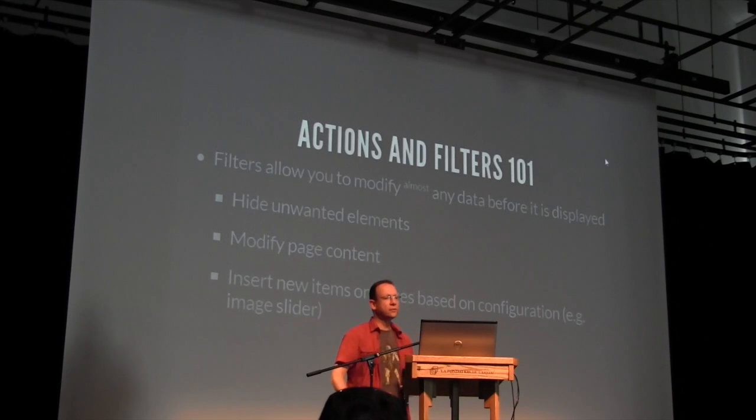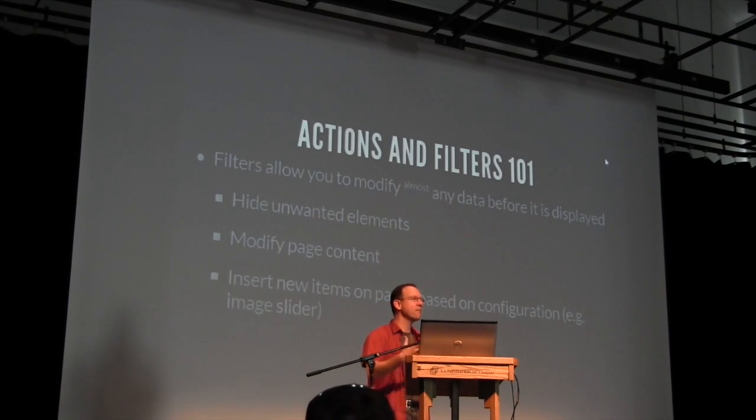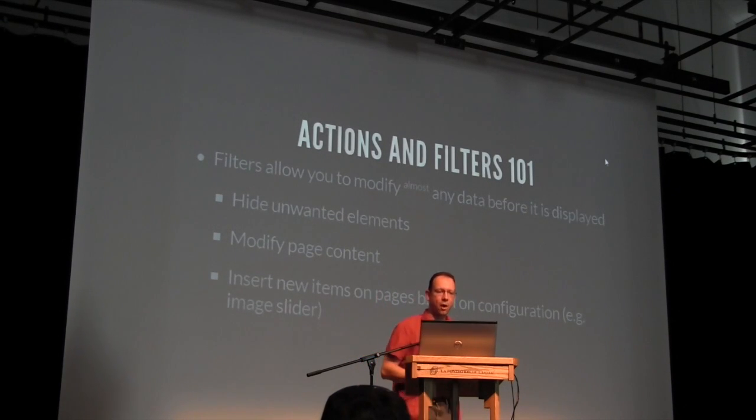Then you have filters. Filters let you modify any, and I say again, almost any kind of data inside of WordPress before it goes out for display. So there you can hide things, modify content, add extra things inside of the content. Shortcodes, in a sense, are almost the cousins of filters, and so they can let you go in there and add extra content as well when key things are triggered.